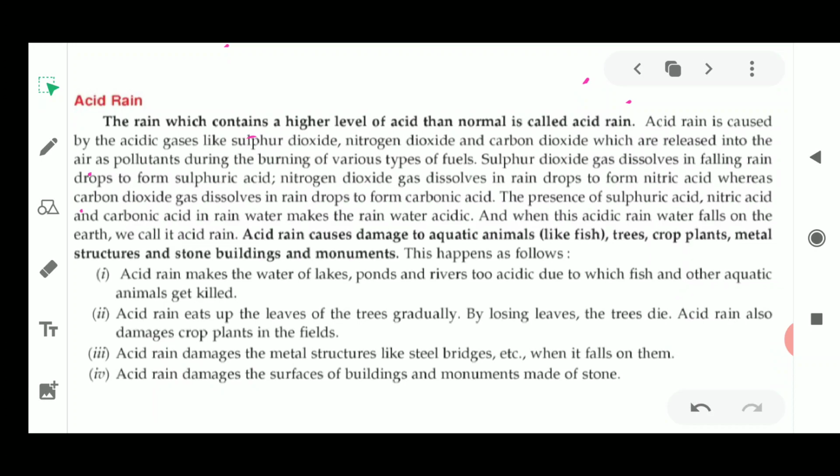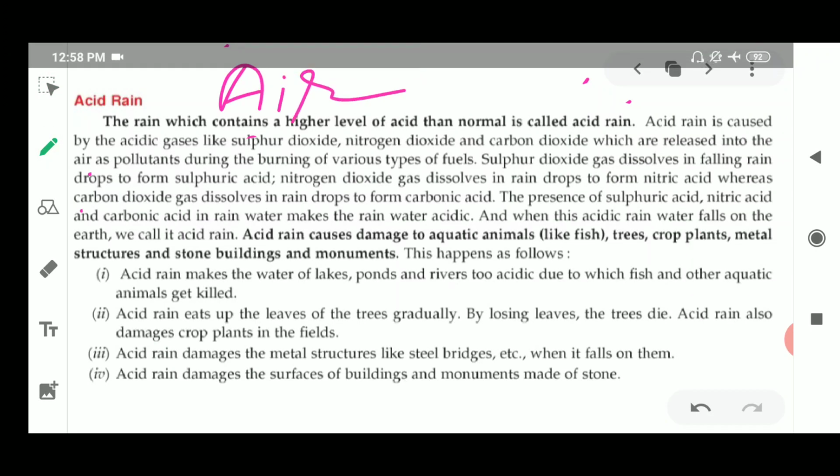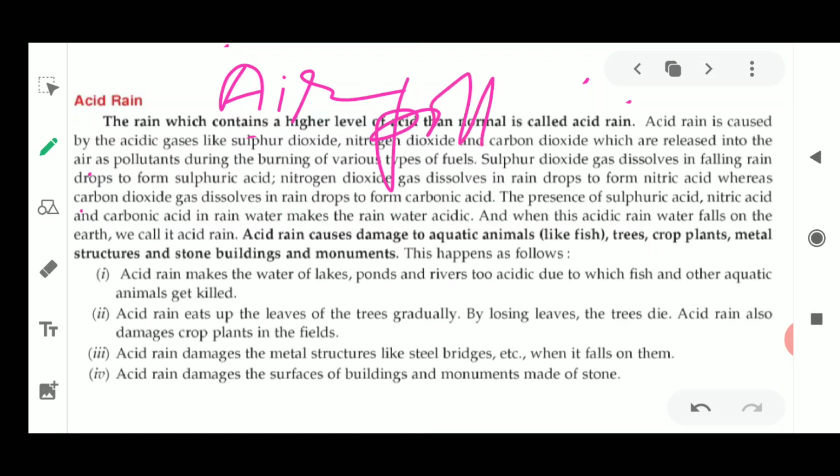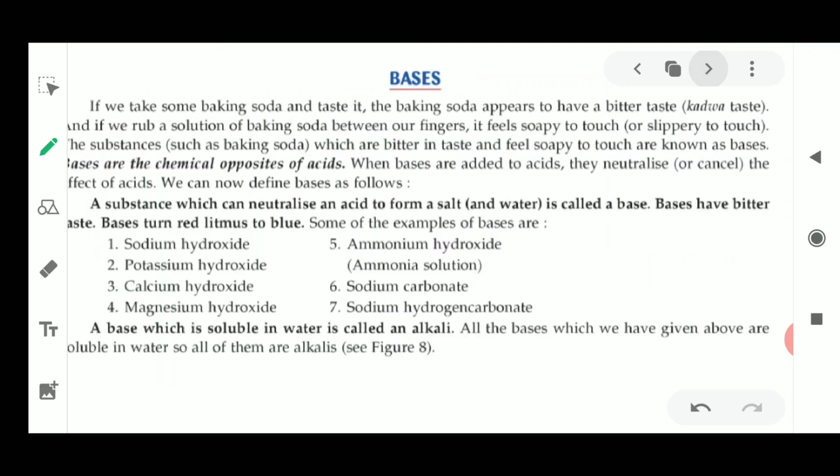So this acid rain is because of the air pollution which is happening. It is because of air pollutants, which are going to harm you all. So please stop making these kinds of air pollutants which harm the environment, and which again harm us only. They go into the atmosphere and return back in the form of acid rain.